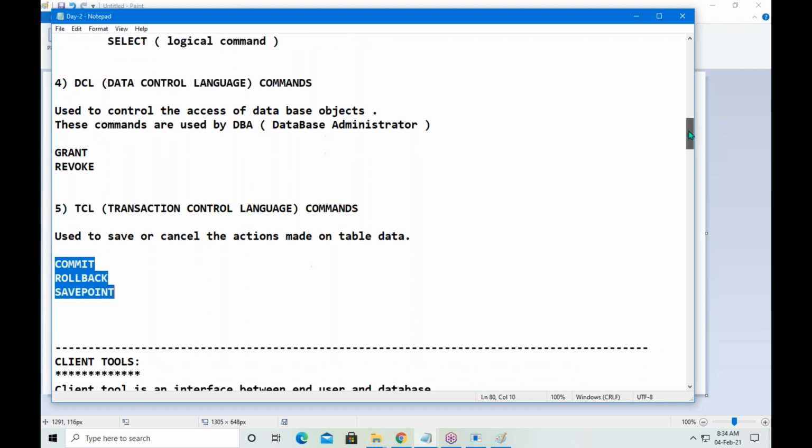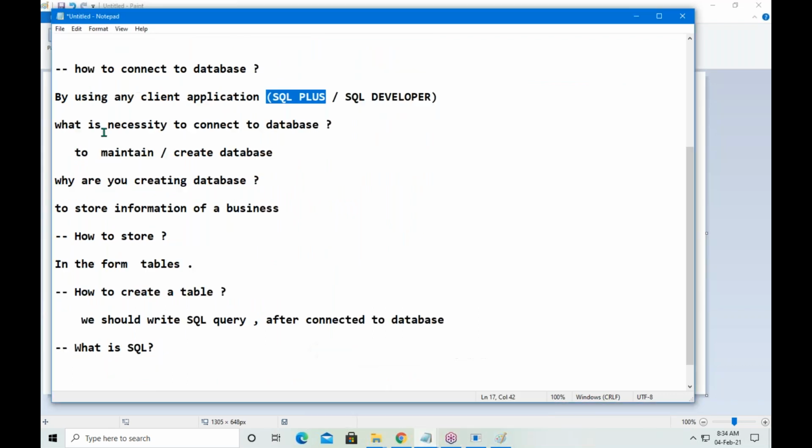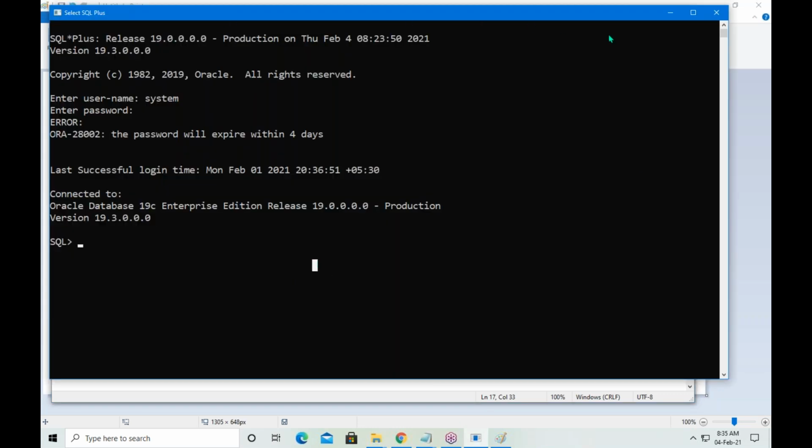Now, what are the client tools? Just now, in the beginning of the session, I told you how to connect to the database by using a client application. That client application may be SQL Plus or SQL Developer. SQL Plus is CUI based, command user interface, like a black window. You don't see any graphical or colorful icons here.